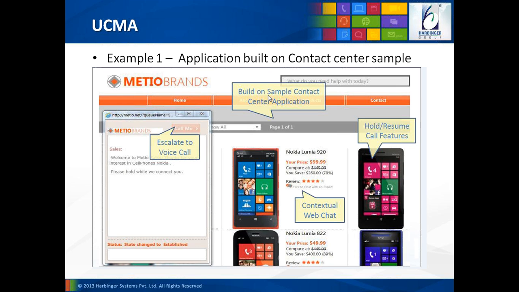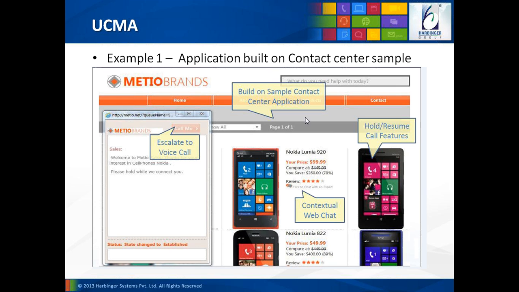Now the interesting part, the examples. My first example is an example of an application which is built on a contact center sample. What you see on this screen is a Silverlight application, a Silverlight page, which lists products, and then each product has a link.